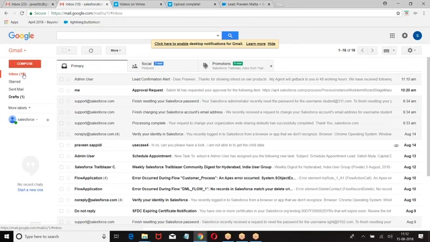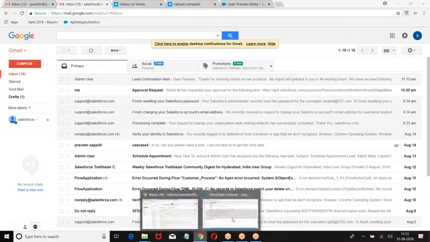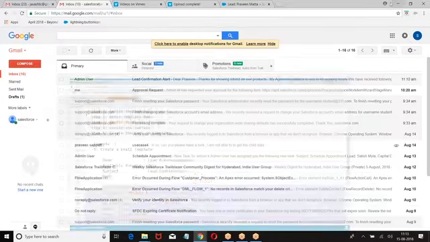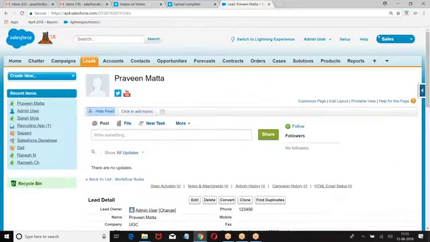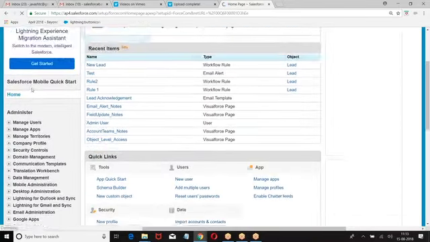Right now we have created a task, a field update, and an email alert. All these three actions, whatever I have done, are immediate actions. But I want to go with a time dependent action. When I say time dependent action, the action needs to be performed at a given time. These are defined in Salesforce as time dependent actions. How are they defined in Salesforce? Let us go to this one.